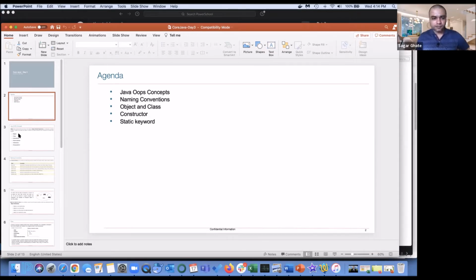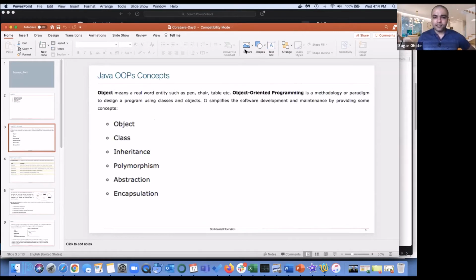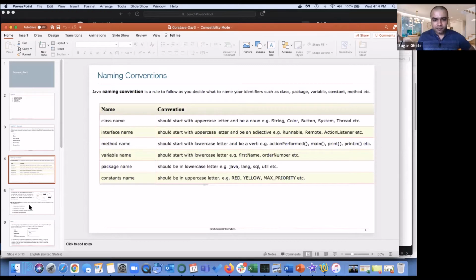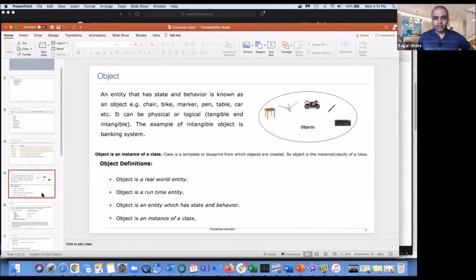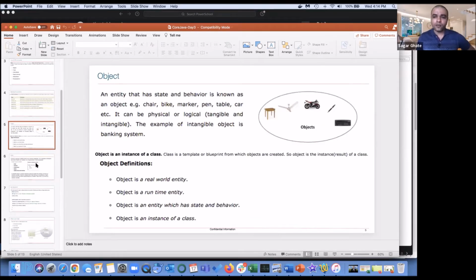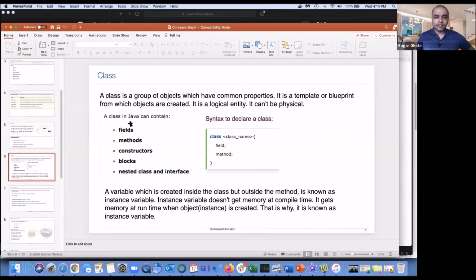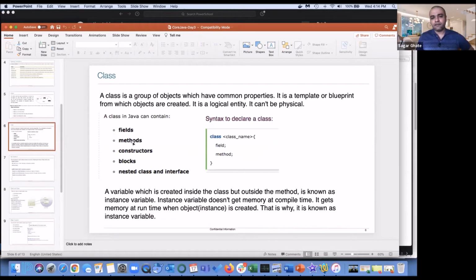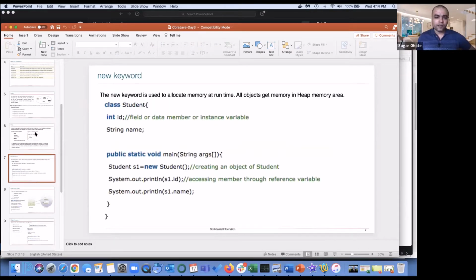Java OOPS concepts, and then we saw what is an object, a class, and the naming convention. We saw in detail how we can create the instance of a class. And in the class, we can have different fields, methods, constructors, blocks, and nested classes.